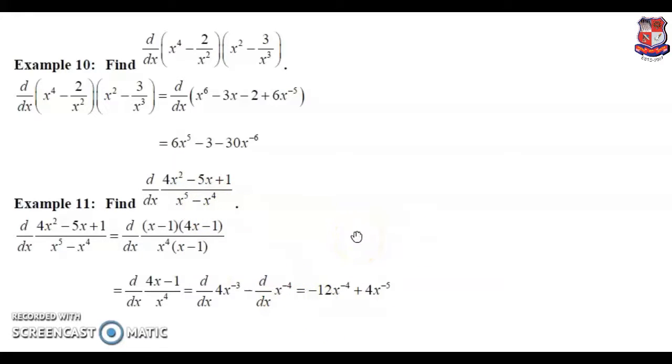So today we have completed differentiation of a definition method, and some formulas we have to apply, that is addition, subtraction, multiplication and division rules. So all the formulas we have to apply. So if any type of question is given, out of addition, subtraction, multiplication and division, you can apply any method.